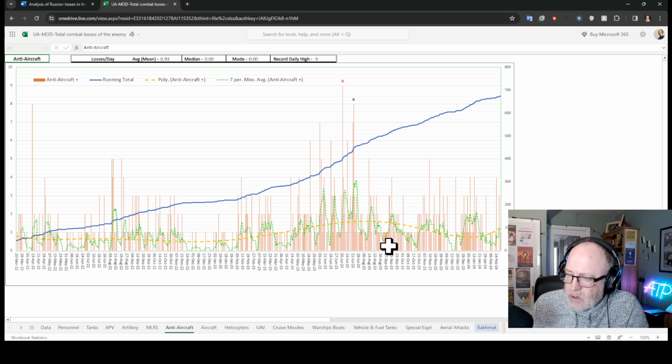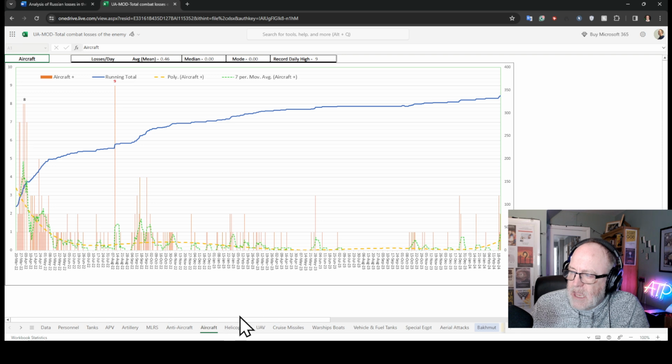And I think there is still that need. They know that with F-16s coming, they will need to have basically carried out suppression and destruction of enemy air defences operations. So I think you've consistently seen from May until now the Ukrainians focus on taking out anti-aircraft systems. With regard to aircraft, again, I don't think the data is enough.